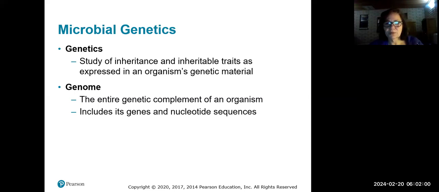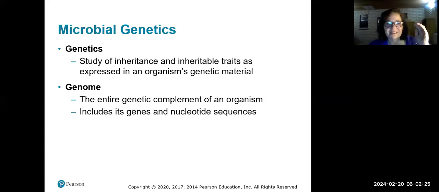You'll sometimes hear people refer to genomics. Sometimes it's used as a more modern term that includes nucleotide sequences. There's a faculty member in the nursing program that refers to genomics. I use genetics and genomics kind of interchangeably. But genetics is the more